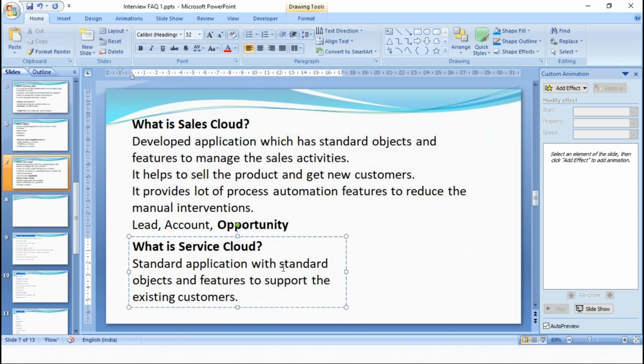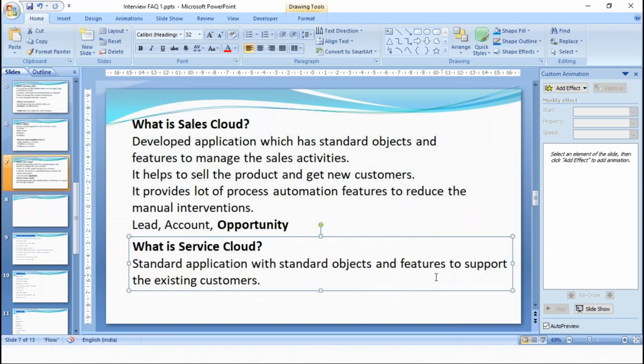When you say support existing customers, it means you handle the issues of the customers and satisfy the existing customers so that you get new customers.